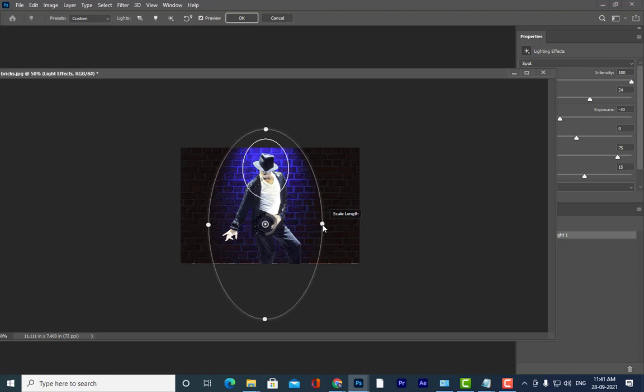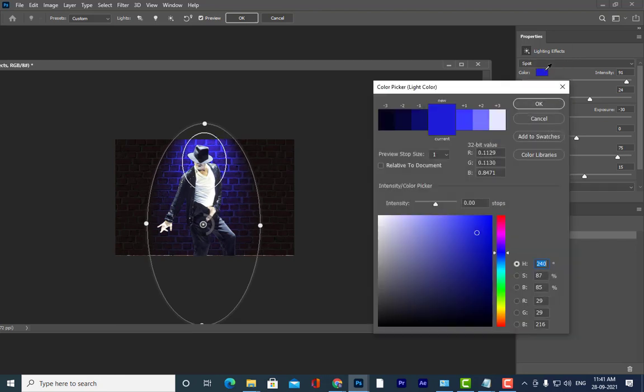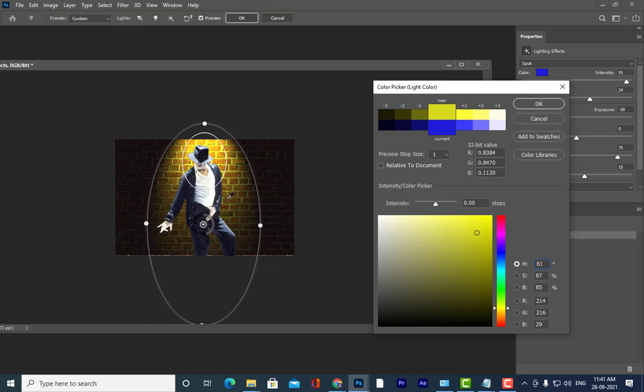And what else I can do? So I can also increase the intensity here. Okay, see, if your intensity is low, I can increase the intensity. So you can do with this gizmo, or you can also use these options here. Here there are some options. Are you all able to understand? Here some options are there on the right side. So here you can change the color. See, I can change the color to yellow. I can change the color to green. I can change the color to blue. I can change the color to red. Okay, like this I can change. Okay, something like a stage light. Stage light effect. Right?